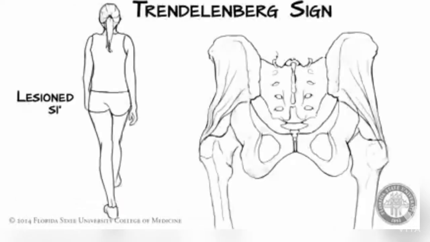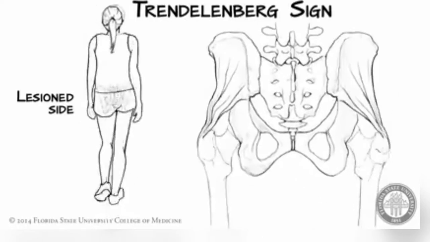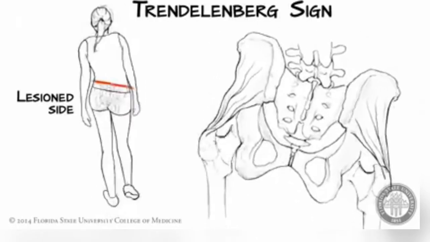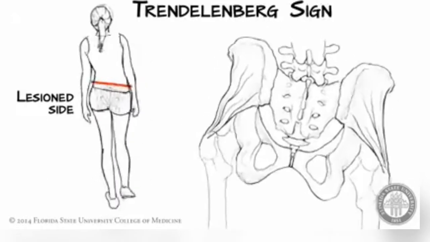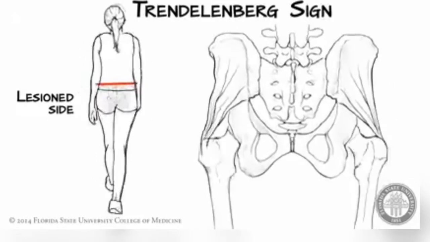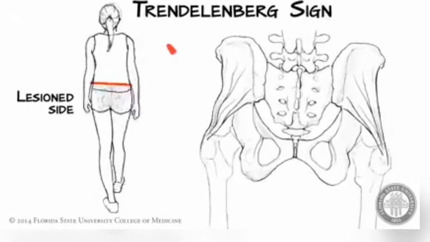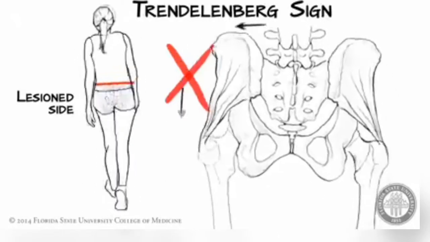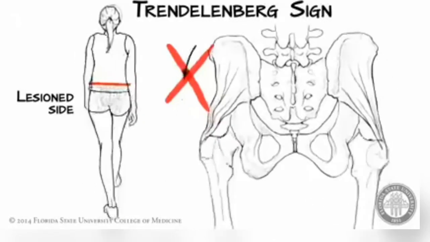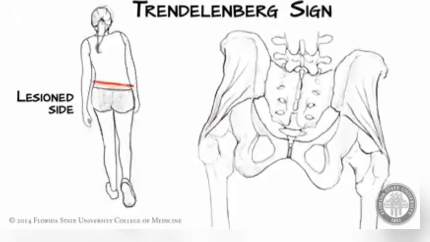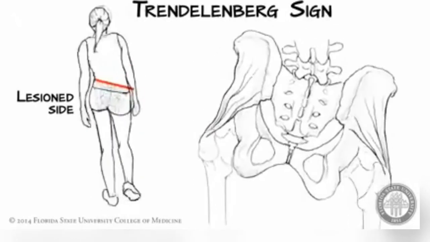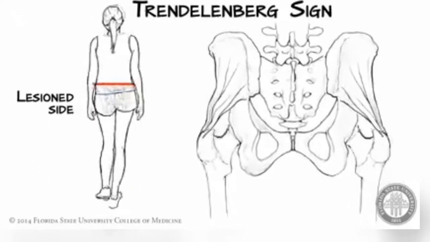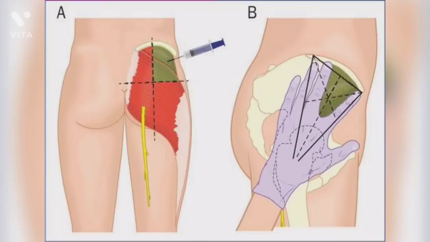Let us see the Trendelenburg sign. When the gluteus medius and minimus of one side are paralyzed due to injury of the superior gluteal nerve, the pelvis sags on the opposite side if the foot is off the ground. As in this case, the muscles are paralyzed on the left side. As a result, the opposite side, that is the right side, sags down when the person walks. The horizontal level is not maintained in this case. This is known as Trendelenburg sign.